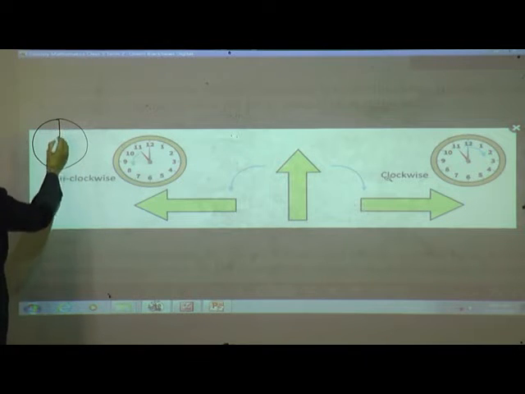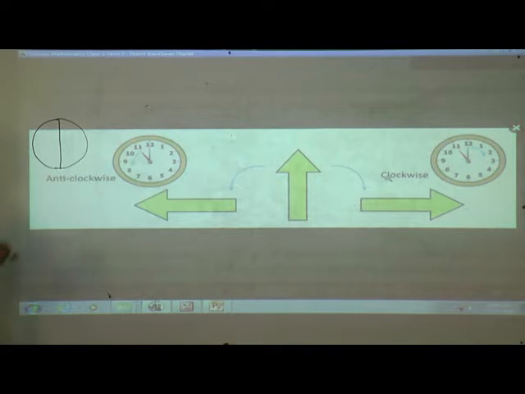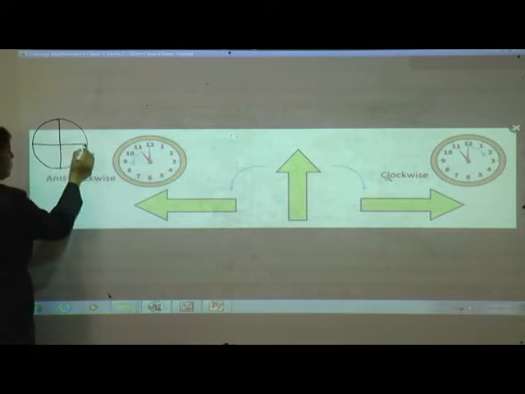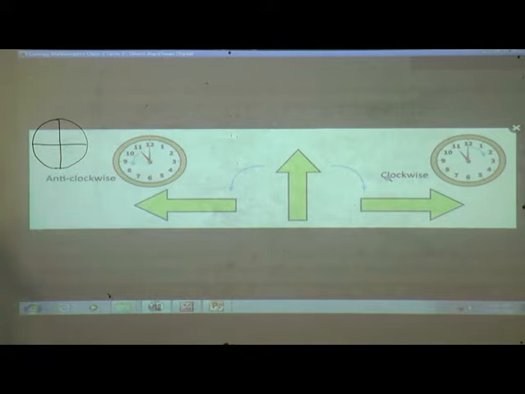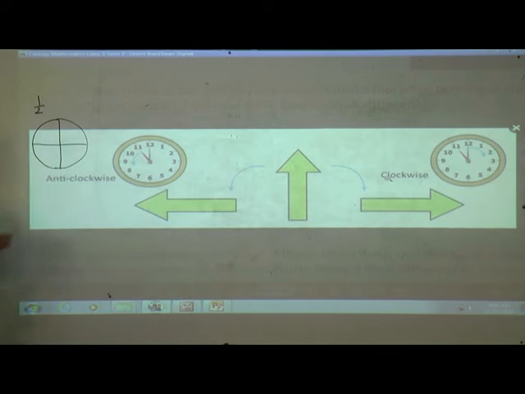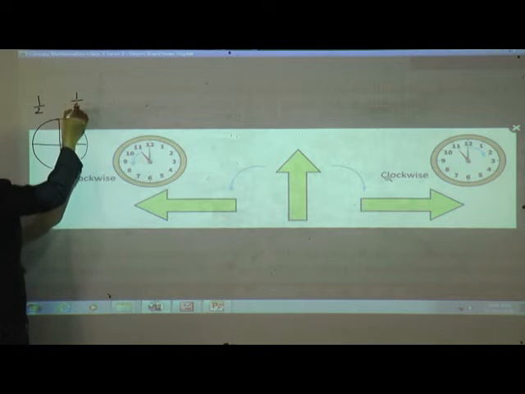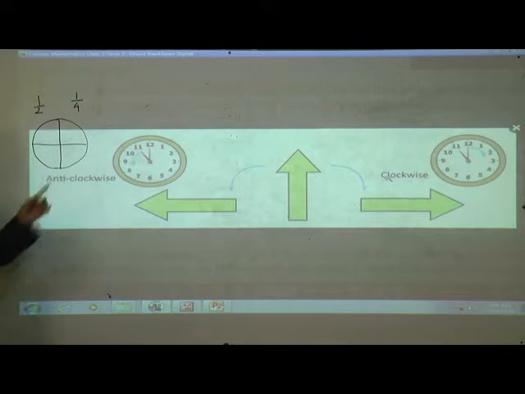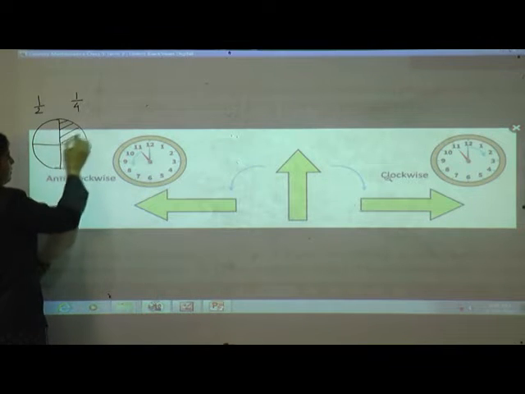Now this line divides the circle into two equal parts. Even this horizontal line also divides the circle into two equal parts. Now tell me, can I write these half parts as 1/2? Isn't it? Now this part means 1/4, and we can call this a quarter of a circle. That means a quarter turn means this part.